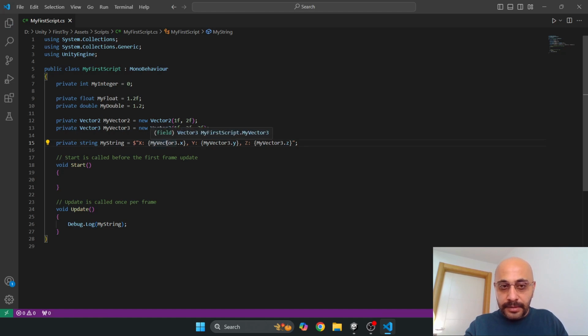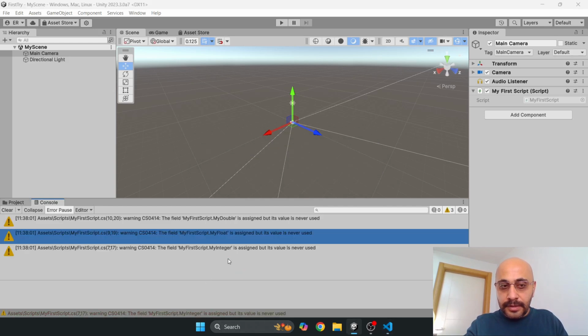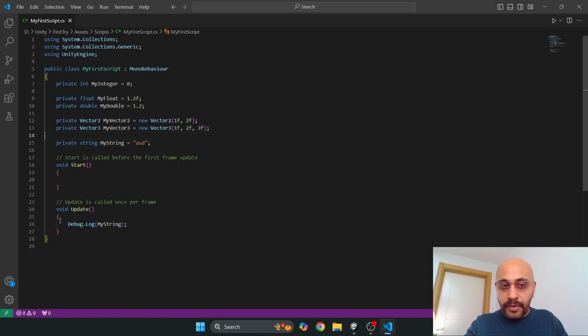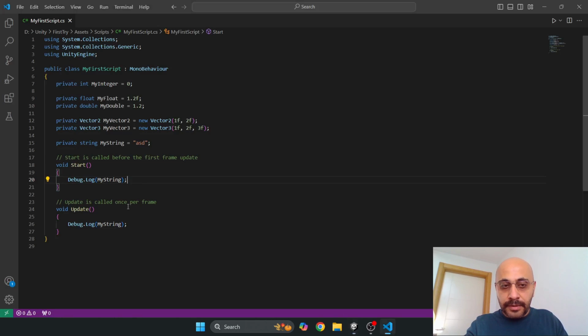this kind of assignment and adding, coming up with a string is not possible in here. You should do it within a void. So for the sake of simplicity and not getting error, I'm gonna make it a very simple string. Now Unity understands these variables from all the voids and methods. It doesn't matter, I can put it here. Even this void is going to understand